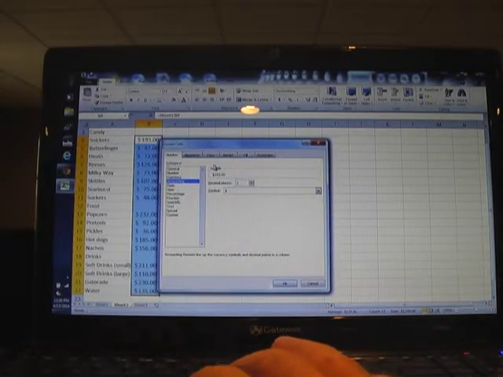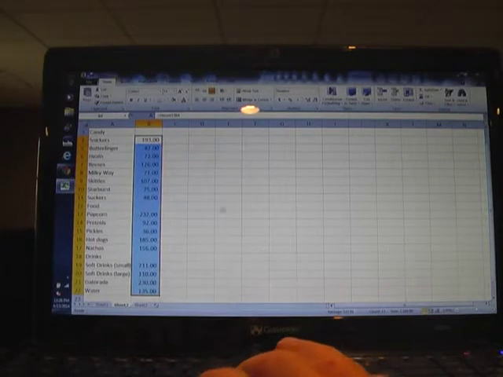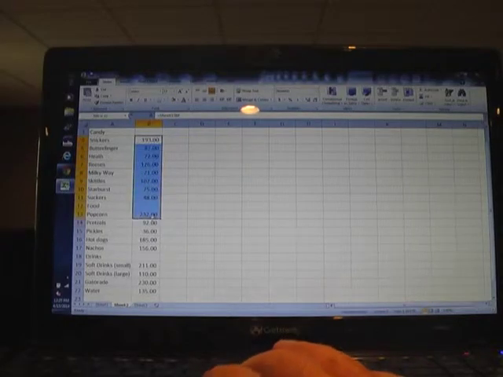And I'm going to go up here where it says number. I'm going to click on number in the number tab. I'm going to go down here and click OK, and it's going to change it to numbers. But I have decimal points. So I'm going to select